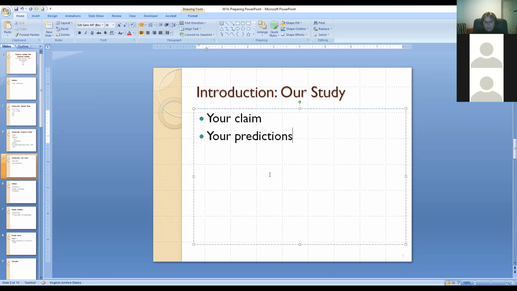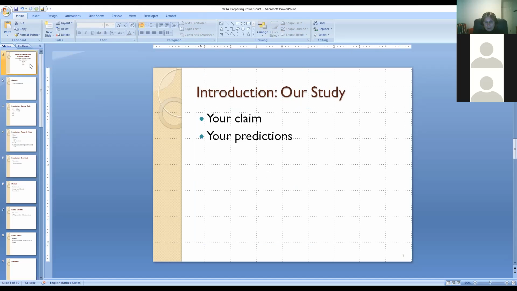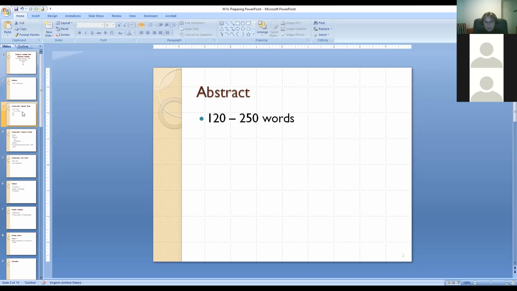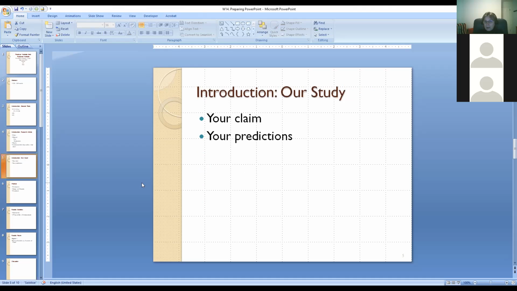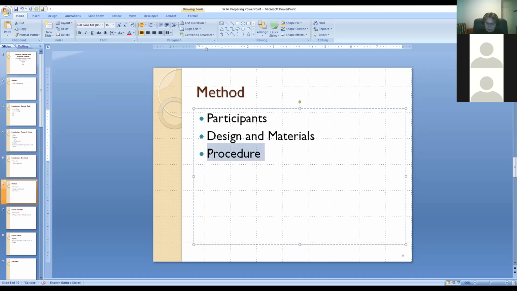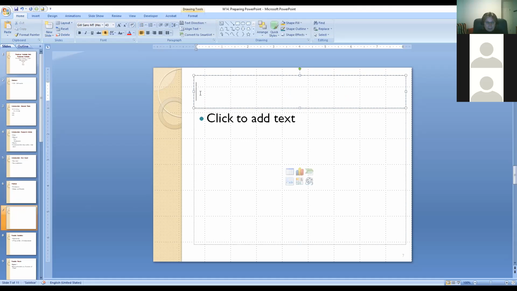So now it looks like we have a title, we have abstract, we have 1, 2, 3 slides for the introduction. Method probably will have a couple of slides because your procedure, you may have to, let's say, get rid of this and add another method slide. That's where you will have most of your information.